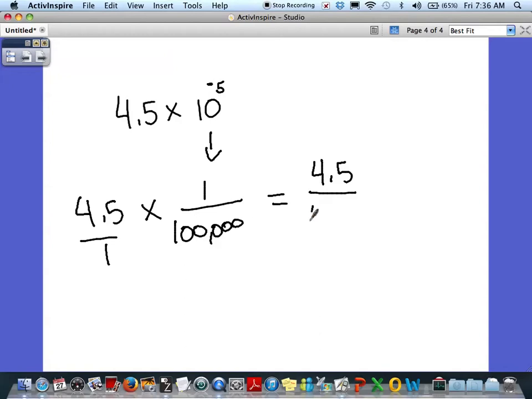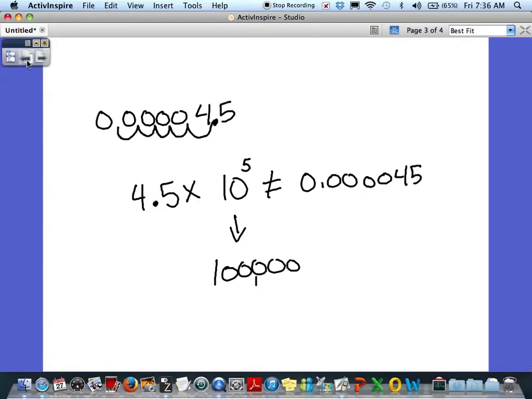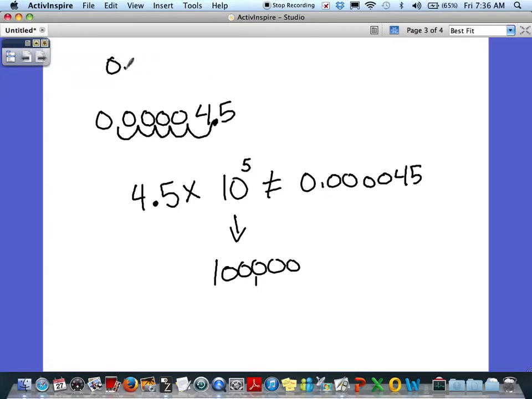4.5 divided by 100,000. And what would happen to the decimal point if you actually did this math, you plugged it into the calculator, the decimal point on the 4.5 would move to the left 5 places. 1, 2, 3, 4, 5. And we would get the number that we started with. So what does that mean? That means if you take a really small number, like the number we had here,